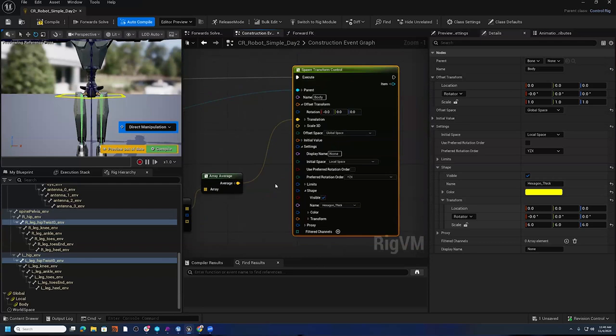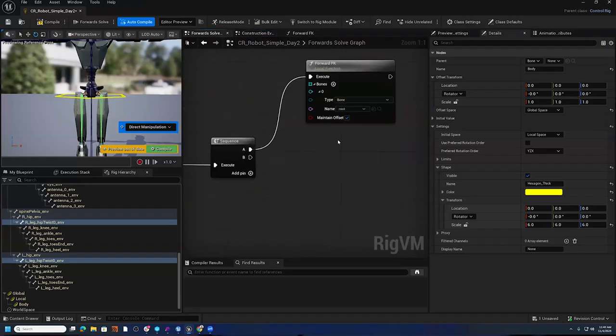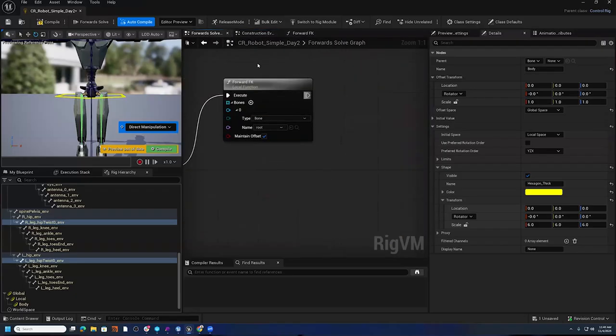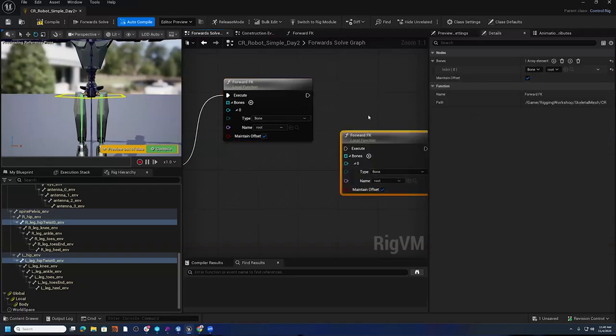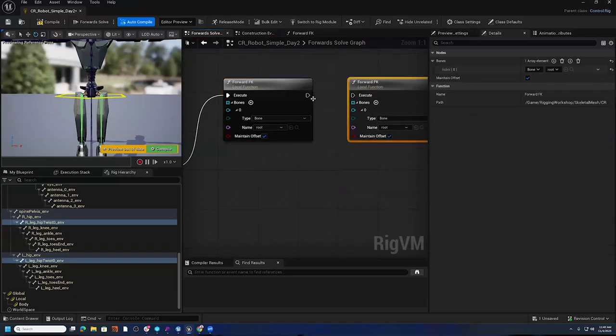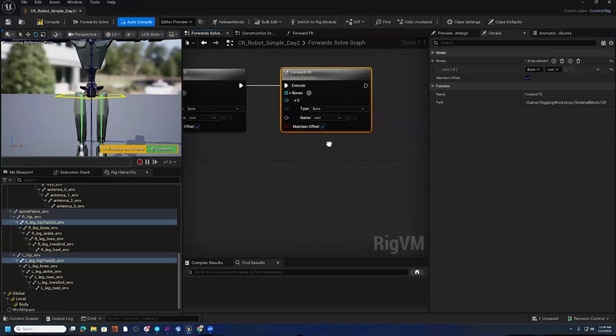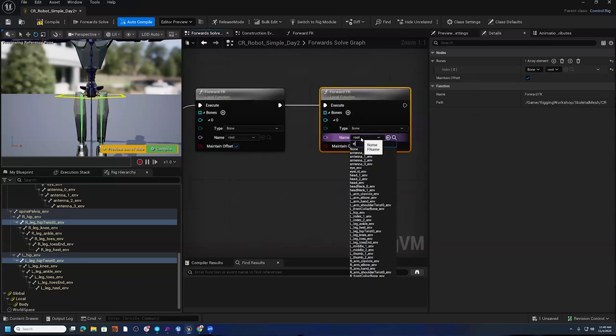So now we want to take this and drive the spine bone by that body control. We already have this forward FK written, and now it works now that we figured out the metadata. So we can go over to the forward solve now, and we can basically have the body control control the spine bone. But there's one thing we need to do here. Like we did with the local control, we need some metadata. So let's just duplicate the forward FK first, connect it up, and then instead of root bone, this will be spine